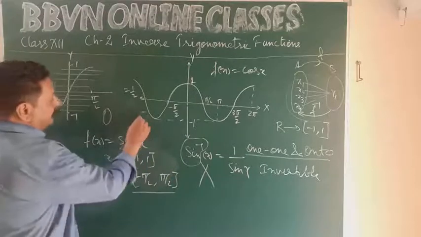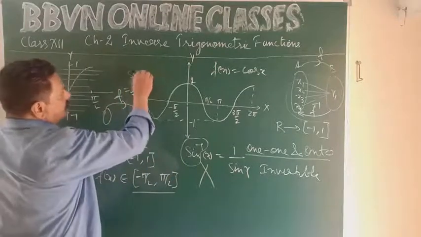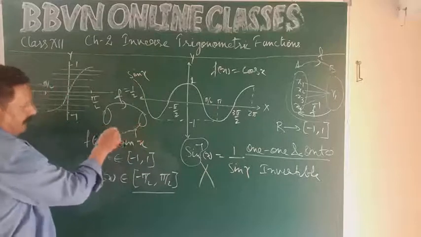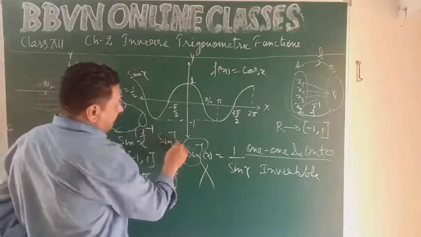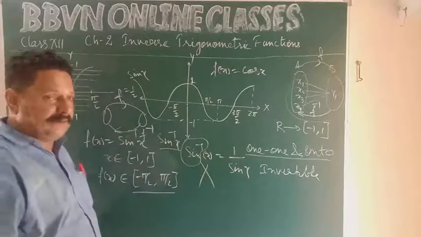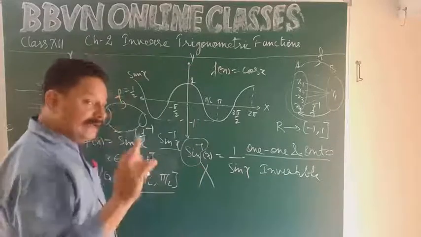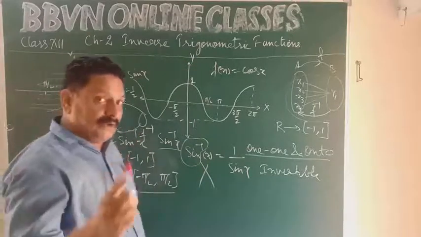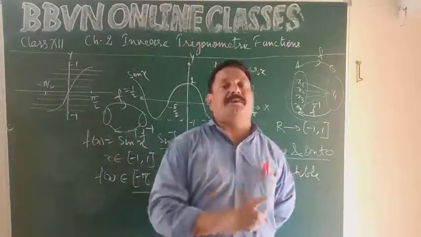That is, from set A to set B you have a function f, and f is sin x. So from B to A you will have the function f inverse. f inverse means sin inverse x. Understood? So the inverse trigonometric function for sine exists only in the principal solution. So recall the principal solutions of 11th class again, refer to your 11th book again.